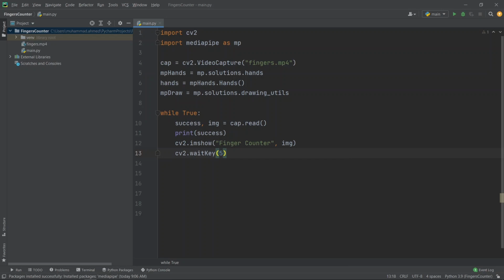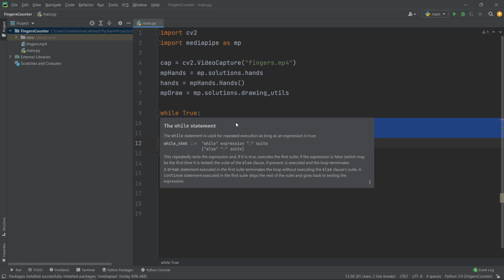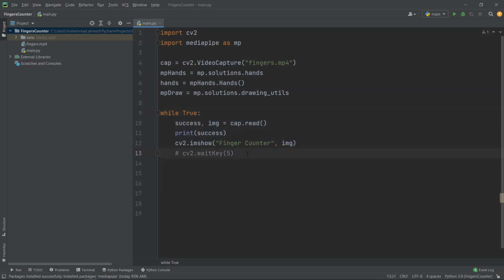If we simply comment this out, and we read the image and display the image, as it is in a while loop, it will go on so fast that our computer will start lagging. So we have to put a wait for a key press, so it will wait for a fraction of a second and then move further, so that our machine gets enough time to process that image and display it to us. Now if we give it a go,